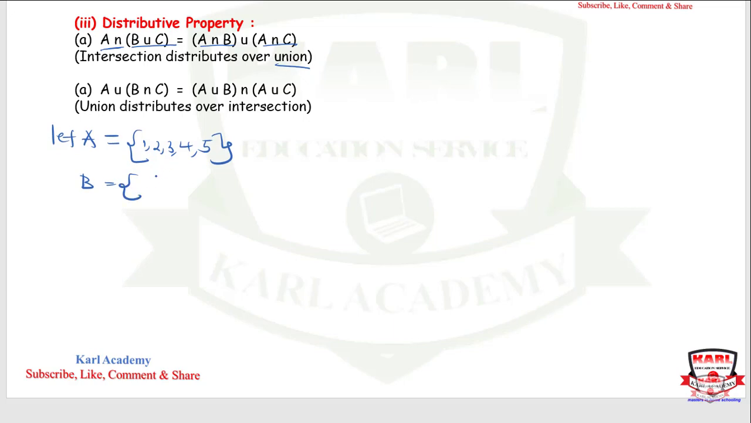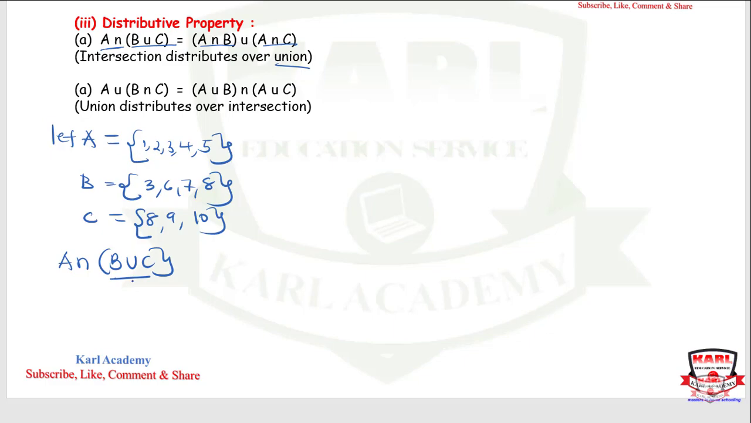And then B, we can pick 3, 6, 7, 8, and then we can pick C as 8, 9, 10. Then the first operation is A intersection B union C. So we start with finding the union, and when we talk about union here, we are saying that, let's start with